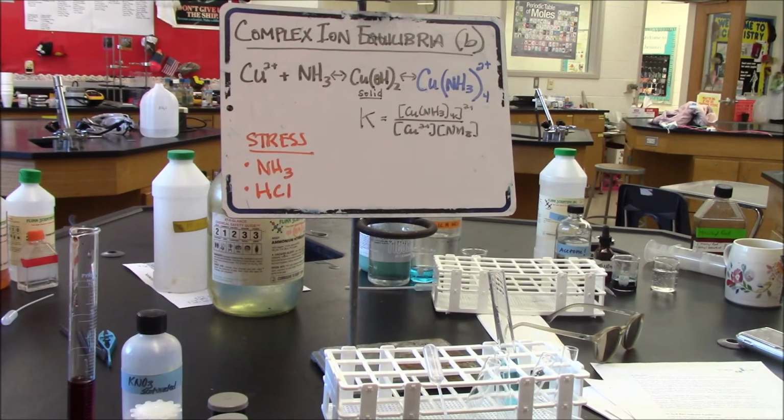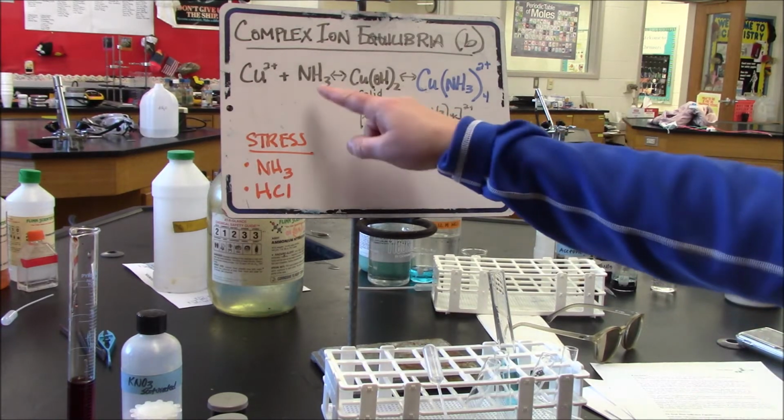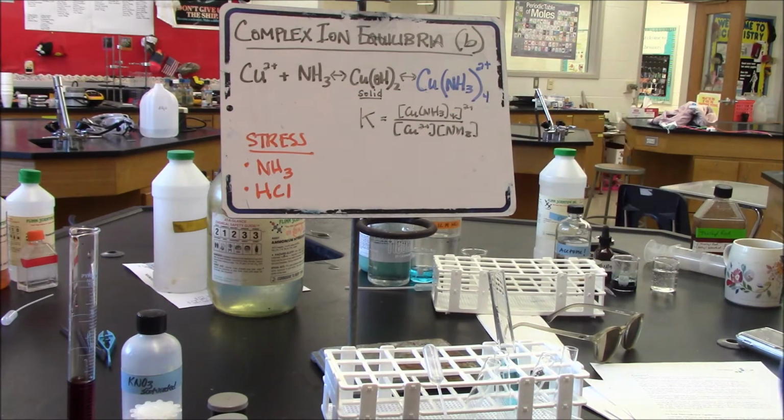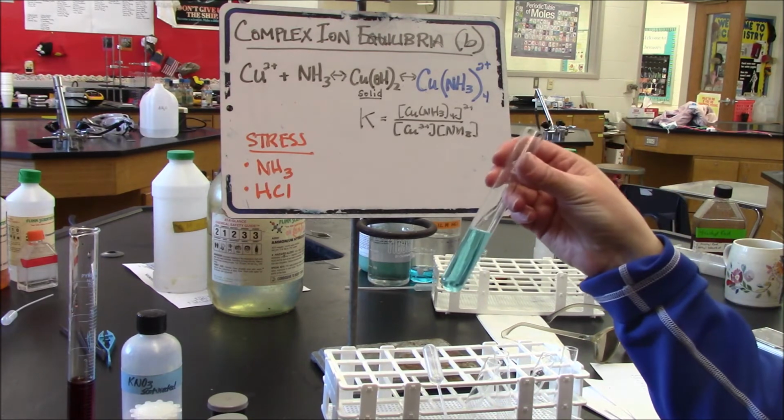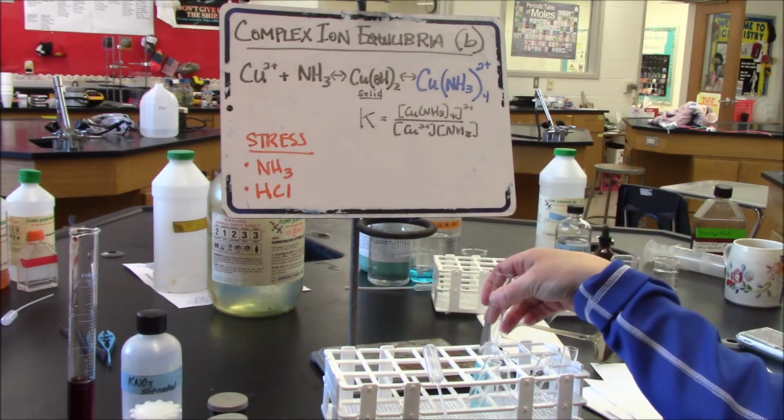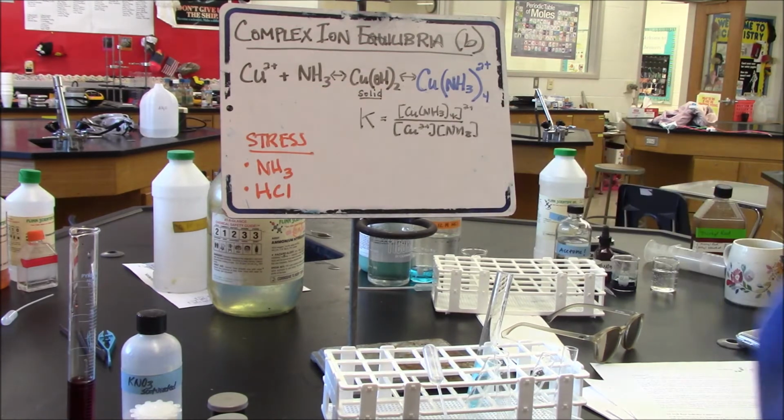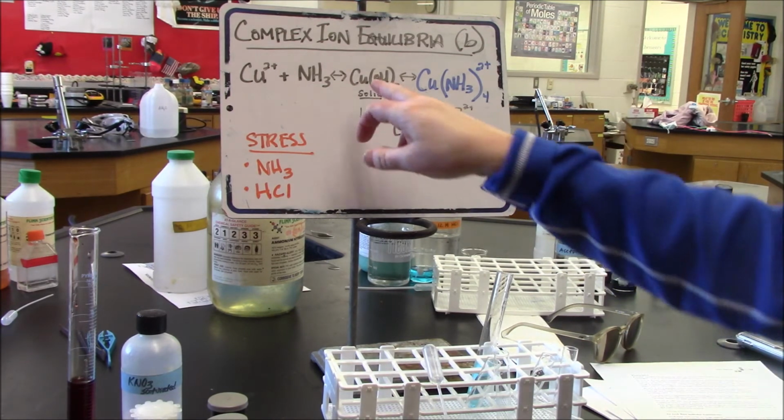In this complex ion equilibria, what we're looking at is the equilibrium between copper 2 plus ions and ammonia, and then the complex ion that forms between the two. The complex ion that forms between the two is a very deep blue color. So to give you a little bit more information as I proceed, we're going to start with a solution of copper ions. To those copper ions, I'm going to be adding a base, ammonia. As I add that base, it's going to react with the water that's in solution to form hydroxide ions, and